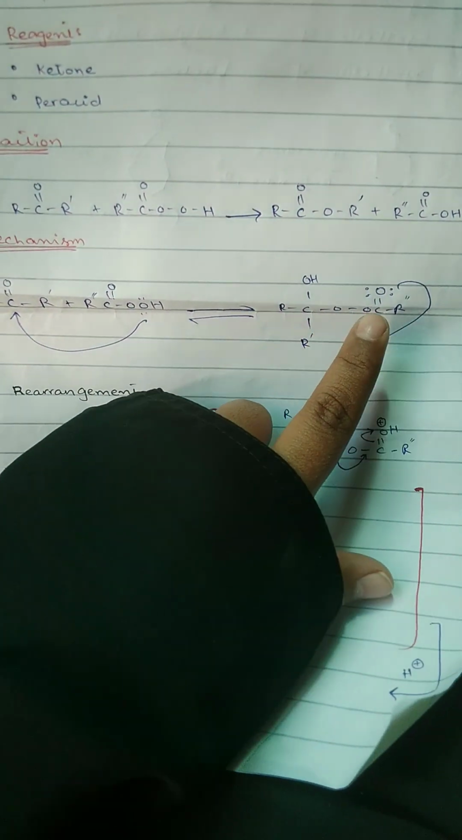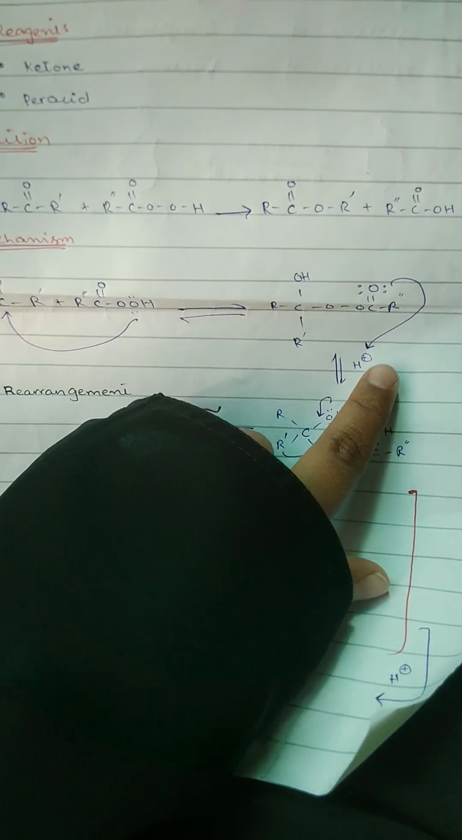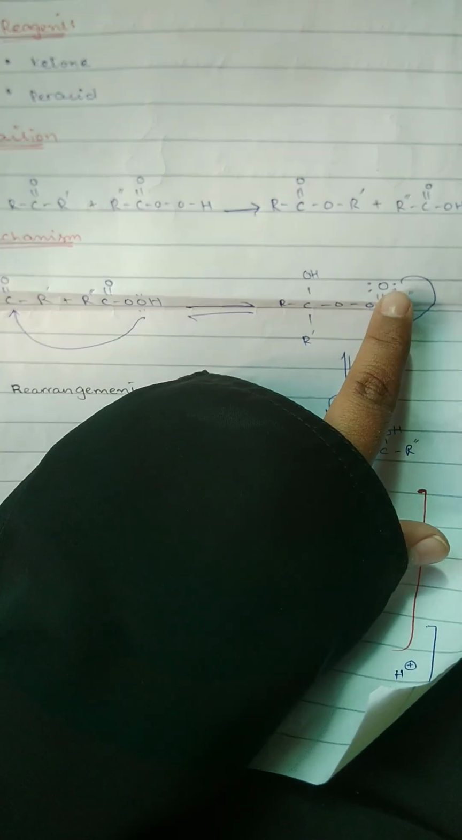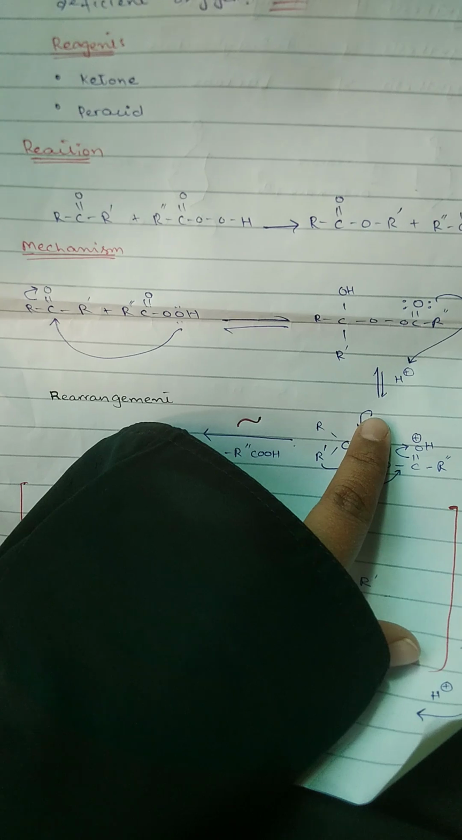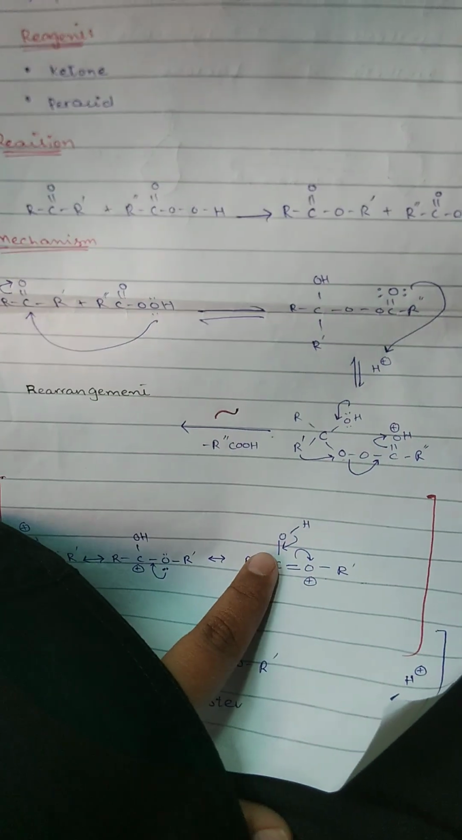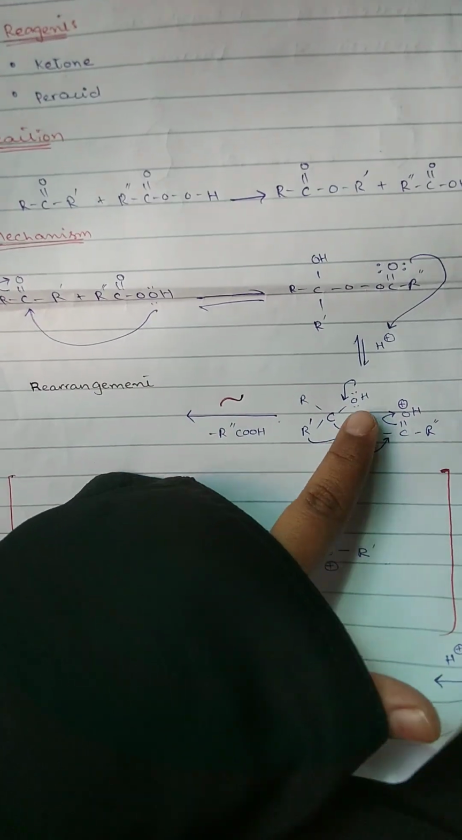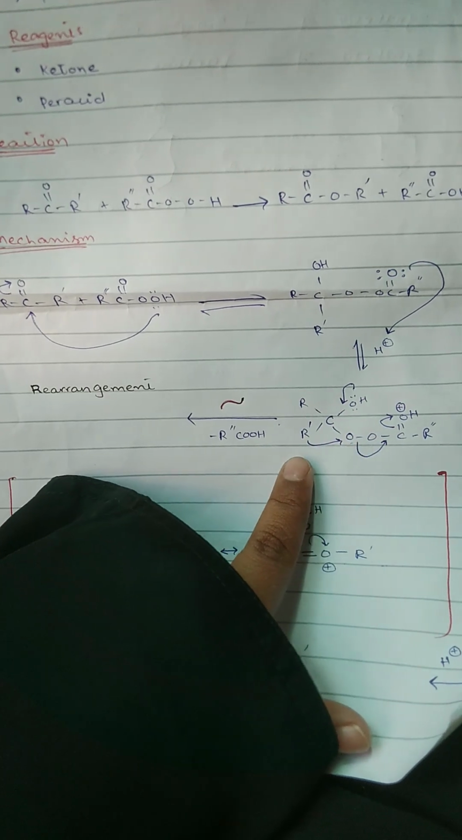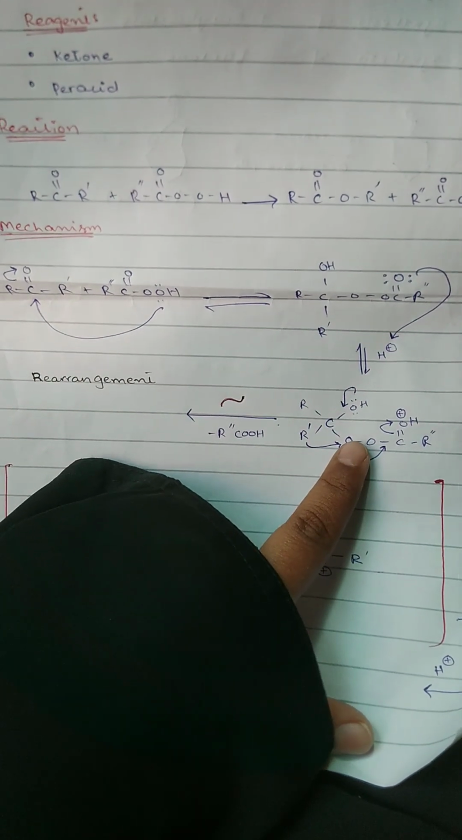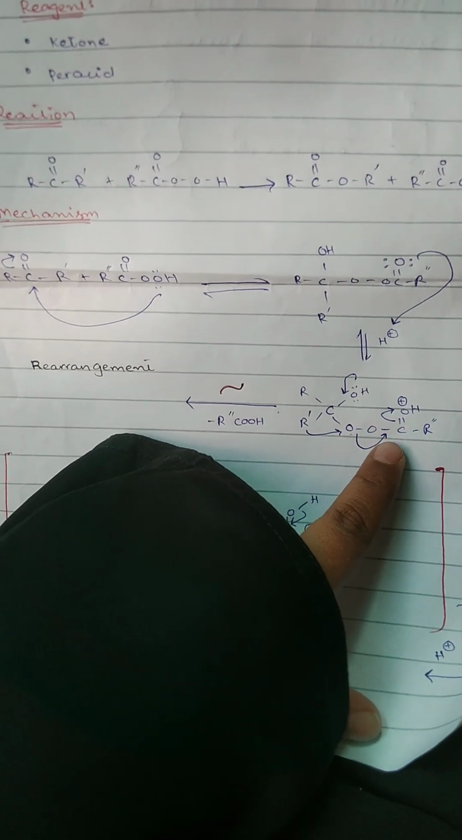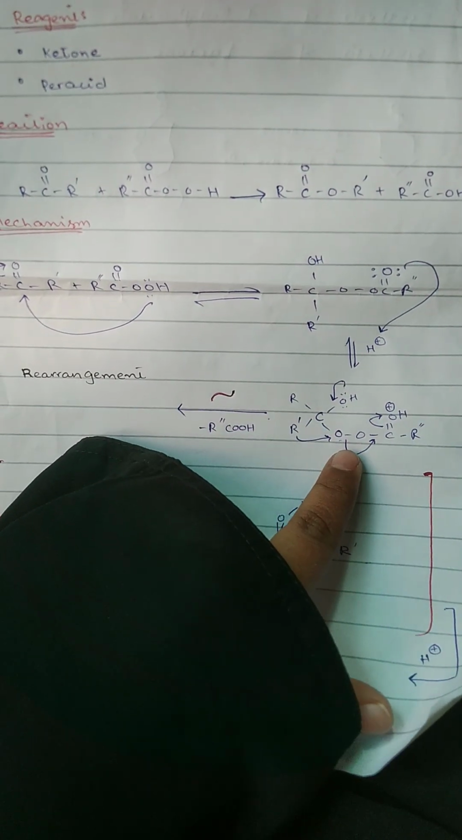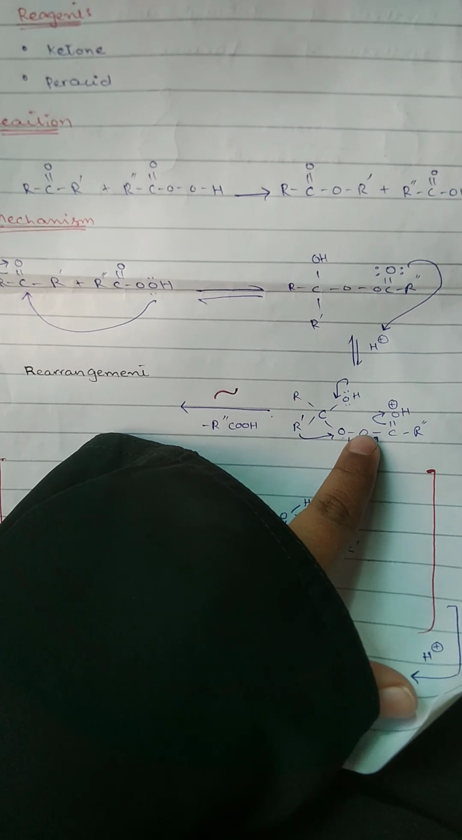After this, the proton will come and get the lone pair from this oxygen atom. The proton will attach to the oxygen atom and form the hydroxyl group. Here this alkyl group will attach with the oxygen atom and this bond will migrate toward the carbon. Here the real rearrangement is taking place, that the bond is moving toward the electron deficient